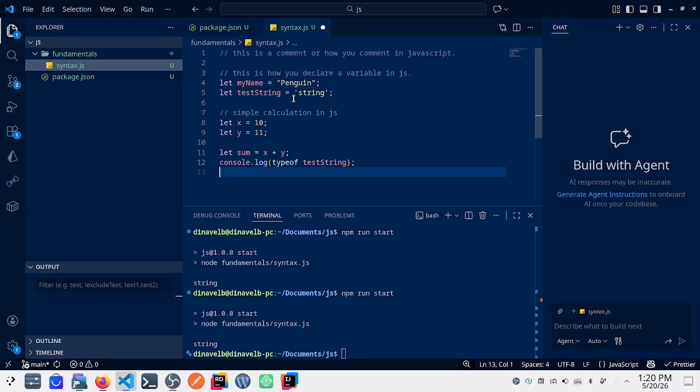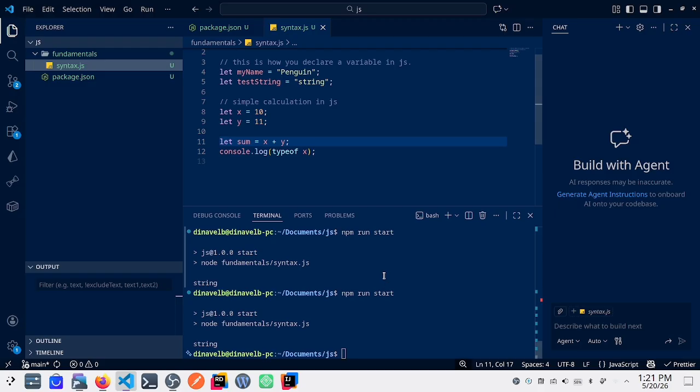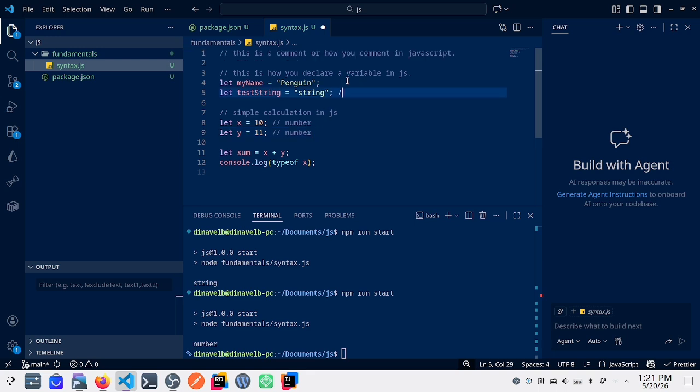Since the test string contains a string, it is identified as a string, if you get what I mean. So let's try typeof x. It should be a number, I guess. Okay, so this is a number, same as below, number, and these are the strings.